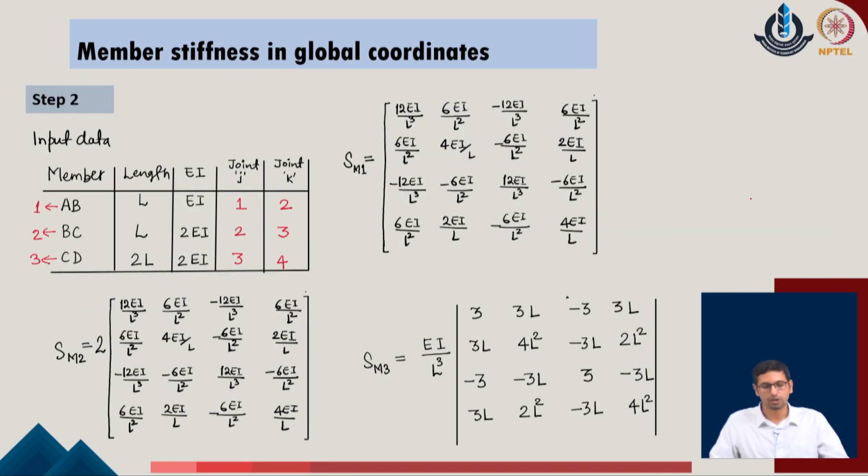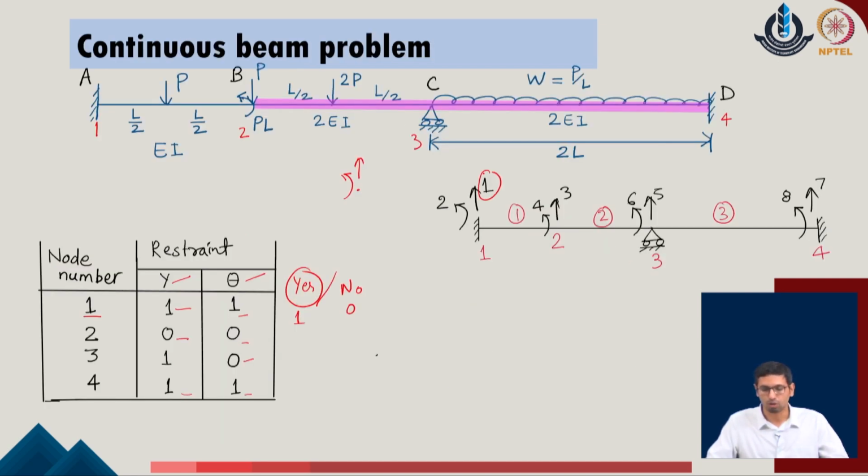Now, once we identify these contributions, we move to the second step, which is the identification of the member stiffness, and these member stiffnesses are also defined in the global coordinates. Most importantly, these are the global degrees of freedom of the given system, but if I bring any member out of here, I realize that the individual member degrees of freedom are in the same direction. This means that for continuous beams or simple 1D elements like beam members, the local member coordinates are in the same direction as the global coordinates of the given system.